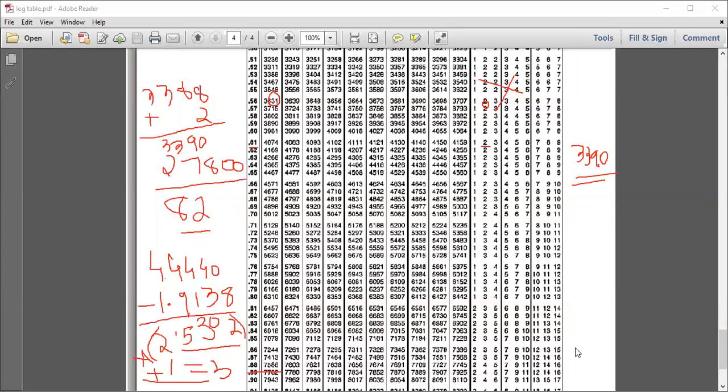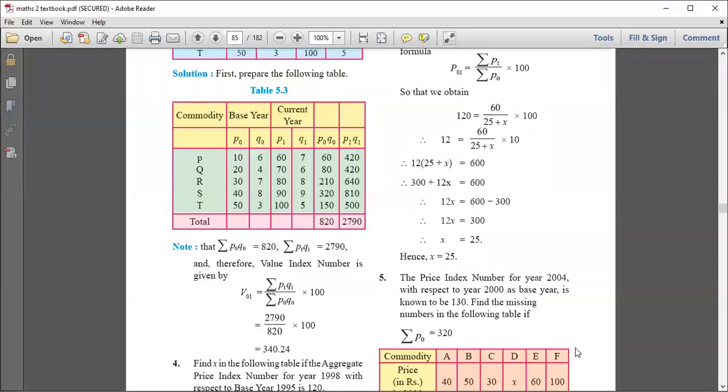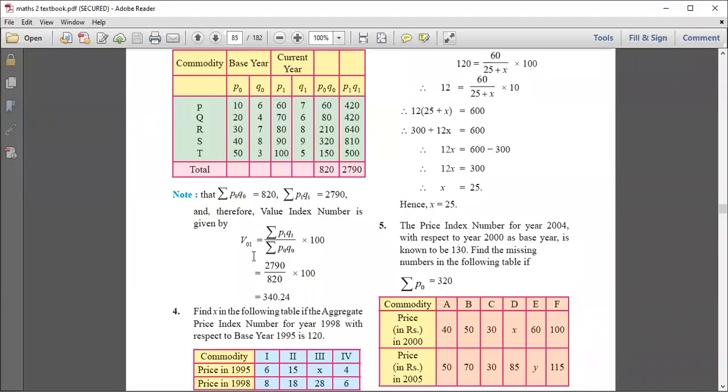Now one more thing, keep in mind, a little bit here and there is okay. See, the answer is 340.2 and we got 339, which is close to 340. 340.2 is as good as 340. So a little bit here and there is okay, but by log you'll get the exact answer. Keep that in mind. So in this way, we'll be solving today's sums. Here is the answer, 340.24. A little bit here and there, as I told you, is acceptable. 339 is also correct, and 340, with the help of log you'll get the exact answers.